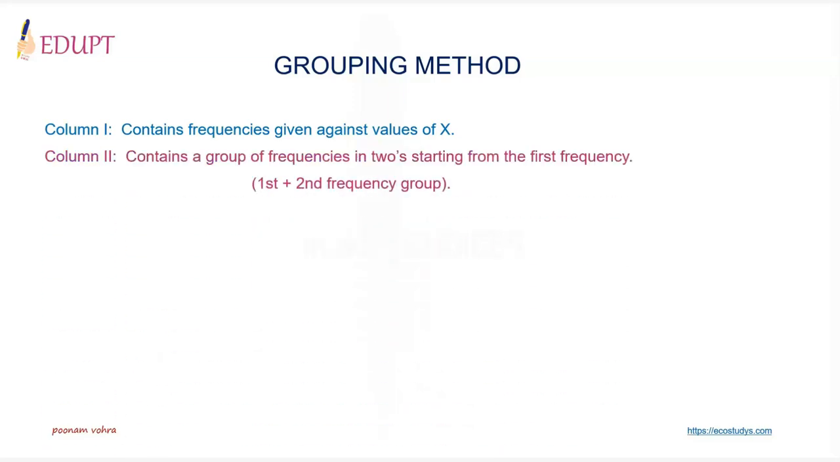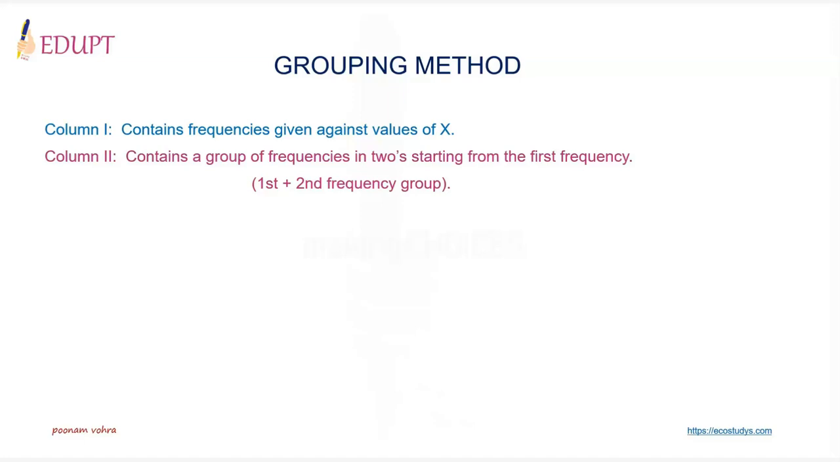For grouping method, one needs to make a grouping table which involves the use of 7 columns, out of which one column is meant for values of x, that is the variable, and 6 columns are meant for frequency, in which frequencies are grouped as explained. Let's go step by step. In the first column, frequencies are given against the values of x. The second column contains a group of frequencies in twos starting from the first frequency,